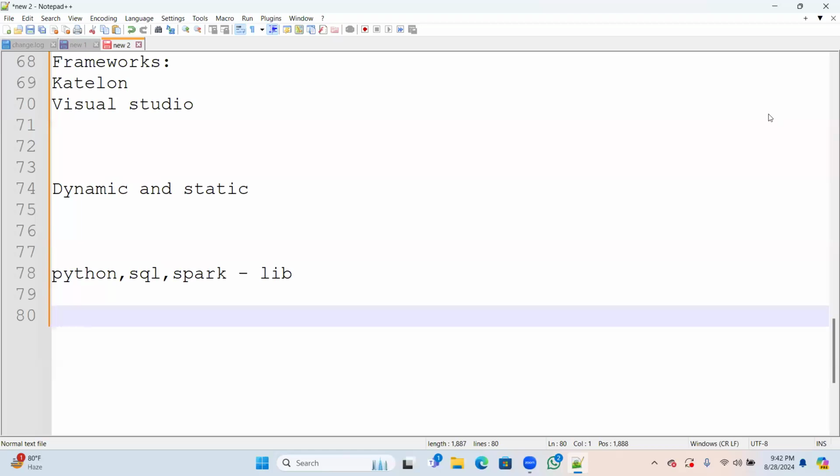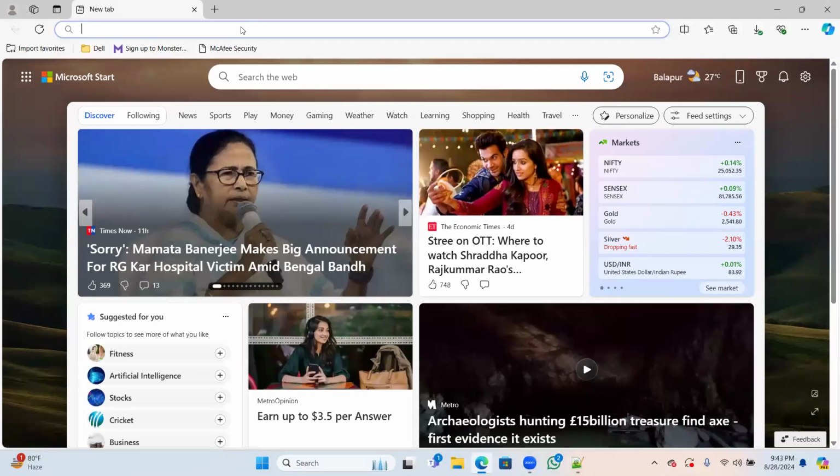Let me show you. I should have the picture. This one is used for distributed processing. For example, the data will be stored somewhere and it will be... I think I can show it.